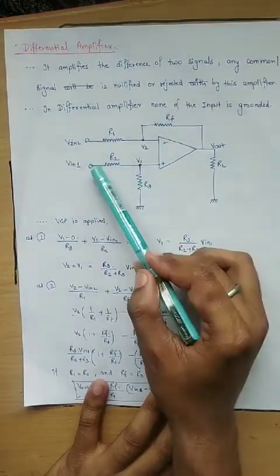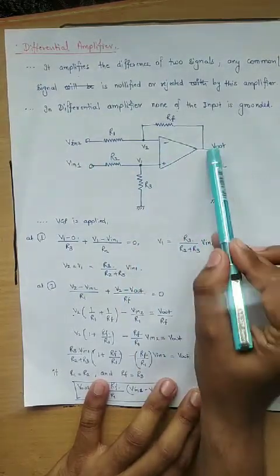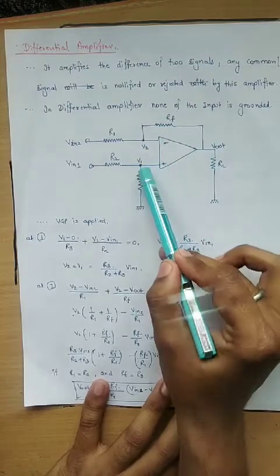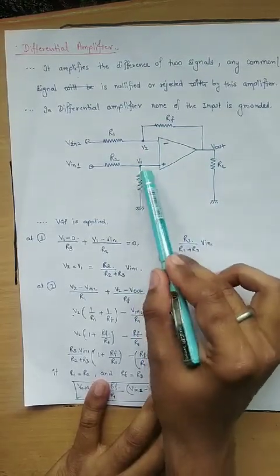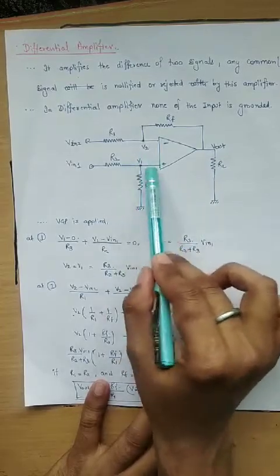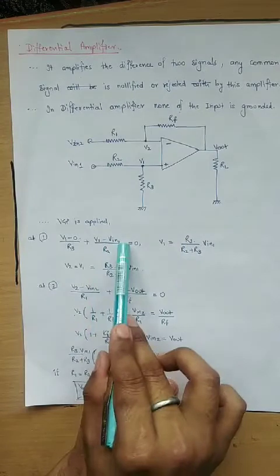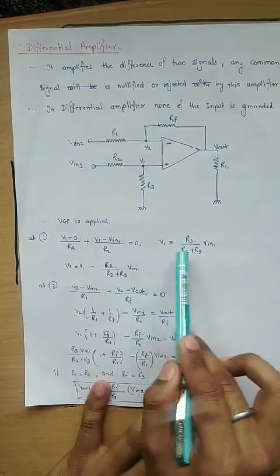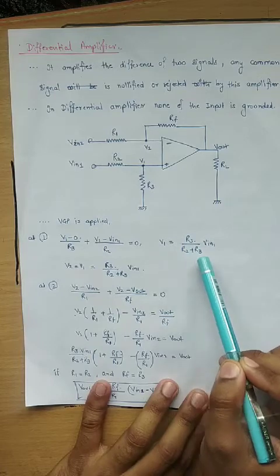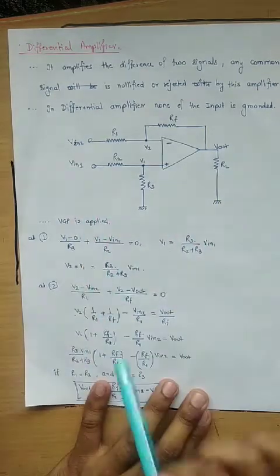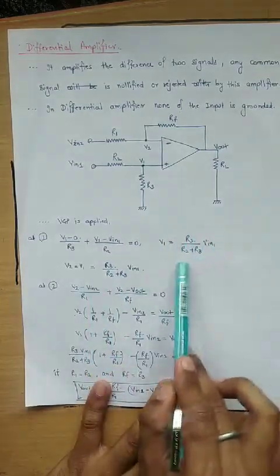Okay, so no input is grounded. Now see, first thing: VGP is applicable. Yes, V1 is equal to V2. We have to find V1, so we find V1 by applying nodal over here. So (V1 minus 0) by R3, plus (V1 minus V in 1) divided by R2, is equal to 0. So V1 is equal to R3 divided by (R2 plus R3) into V in 1. So V2 is equal to V1, which is equal to this.